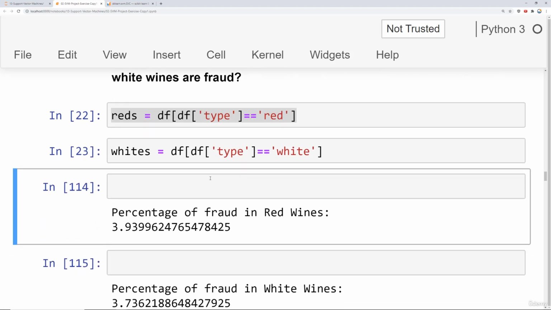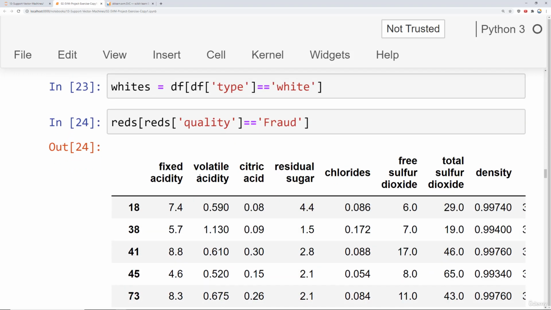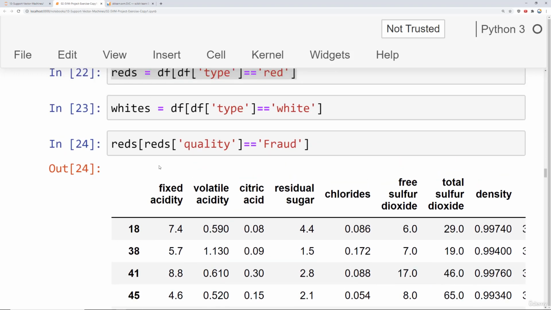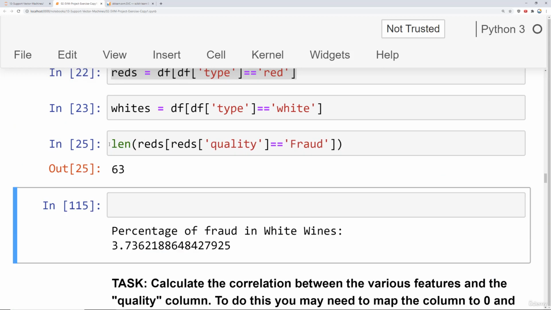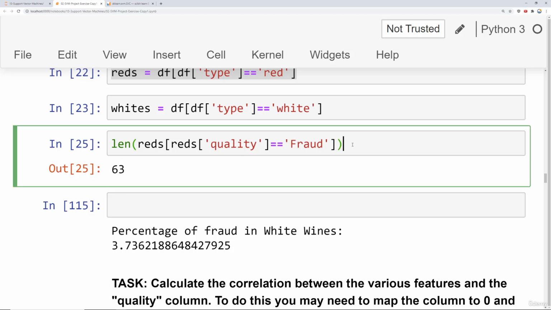So for that, we want to first figure out the fraudulence occurring in red. So we can say reds where quality is equal to fraud. And then from that, go ahead and give me back reds where reds quality is fraud. So if I run just this cell, this returns back all the red wines that happen to be fraudulent. However, I actually want to know the length of this. So how many were there here? There's 63 fraudulent red wines, and I want to divide this by the length of the total number of red